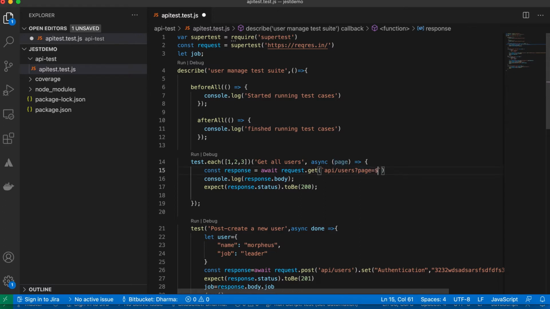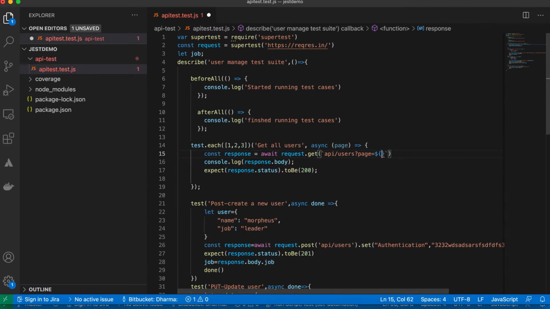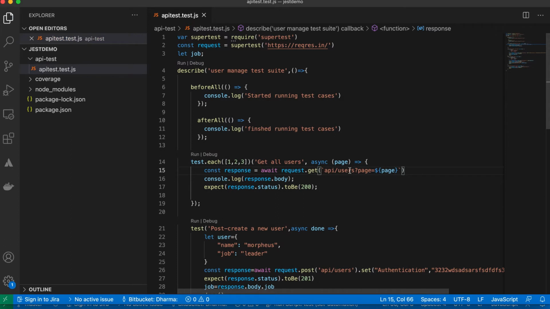I will change it here as a variable. A small change is required, because I need to pass the values 1, 2, 3 into the method as a parameter. It will take 1 and run, then 2 it will run, and then 3 it will run. Okay, let's see.